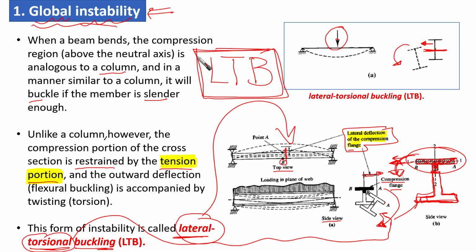And whenever you look at it, you're going to find that there is lateral buckling that is going to take place due to the compression part or the compression portion of the beam, and there is a kind of torsion that is going to be there because of the contribution of the tension part of the beam. Okay, the tension part would not buckle and would not twist, but the point is